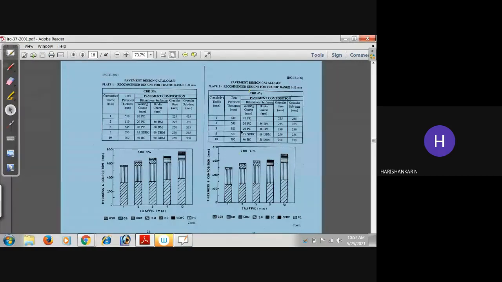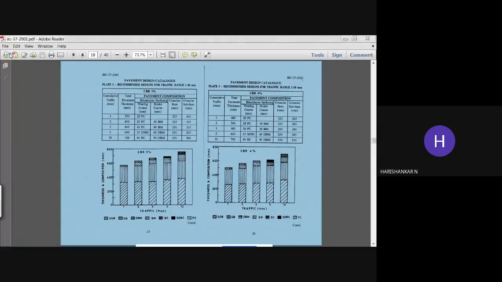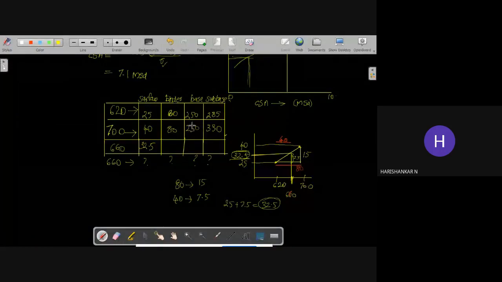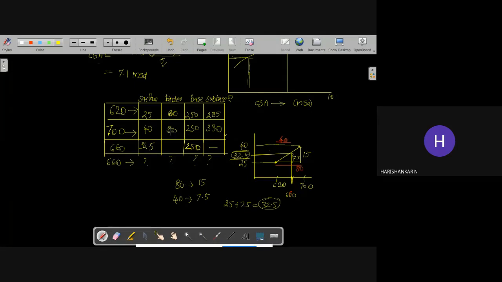So in this way you can locate the values and you can interpolate these values. If it's 250 and 250, then here also you will have 250, and here if it is in between 285 and 330, it will be a value in between these two. Okay, you can find out by interpolation. And here also, if 60 and 80, then here it will be in between 60 and 80 some value. So in this way you will get some values for the corresponding individual layers. So this is how you have to find out the individual layer thickness.